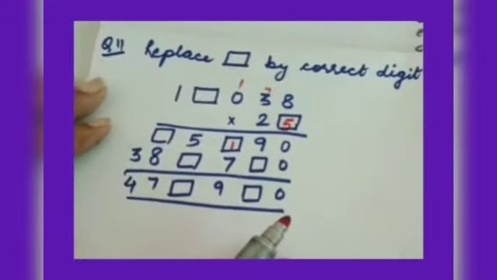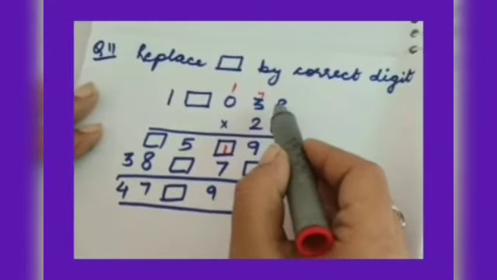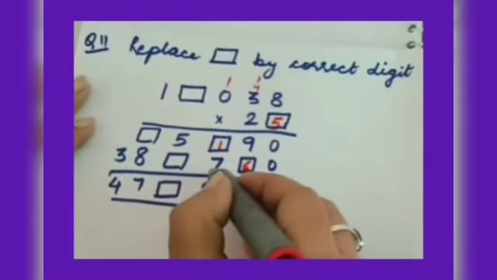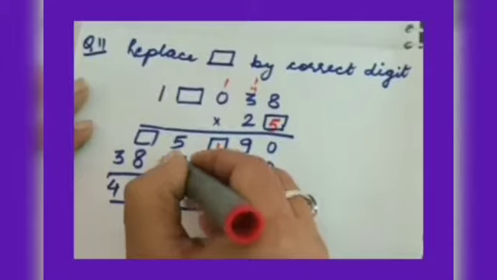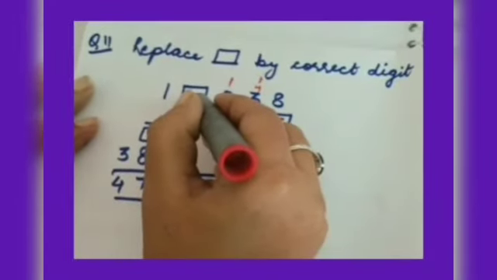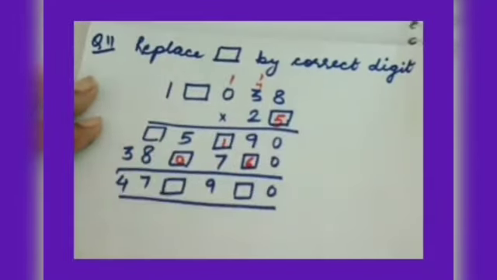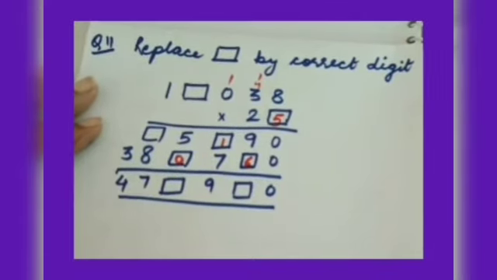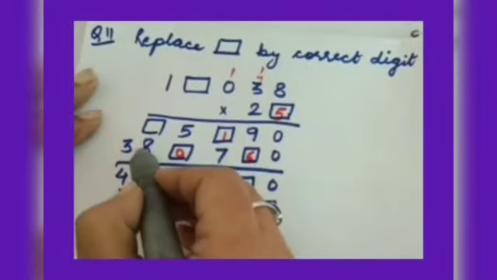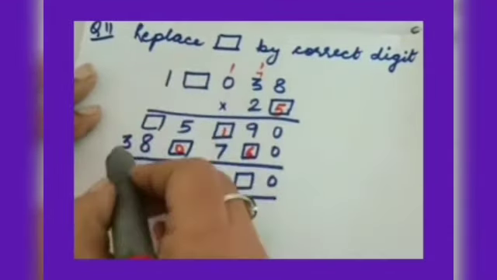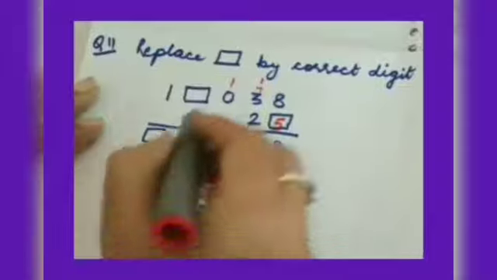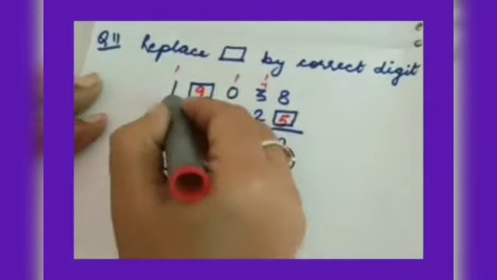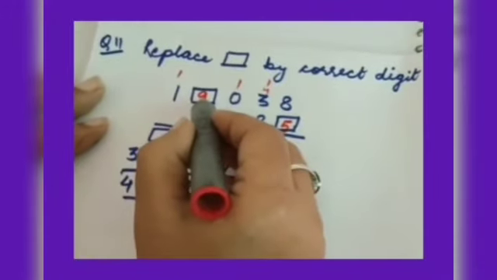So now let us move on to the next digit, next number first. Now 2 8s are 16. So 6 here and 1 carry. 2 3s are 6. 6 plus 1 is 7. This is correct. 2 zeros are 0. Now here this is the blank space. This number when multiplied by 2 is giving 8. So now in the table of 2 we get 8 at 2 places. 2 4s are 8 and 2 9s are 18. So if I write 2 4s are 8, then it will become 8 and no number carried over, and 2 1s are 2, which is not satisfying this condition. So instead of 4, if I write 9 over here, then 2 9s are 18, 8 here and 1 carry, 2 1s are 2, 2 plus 1 is 3. It means 9 is the correct number.